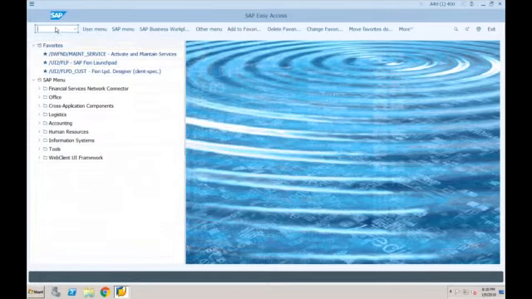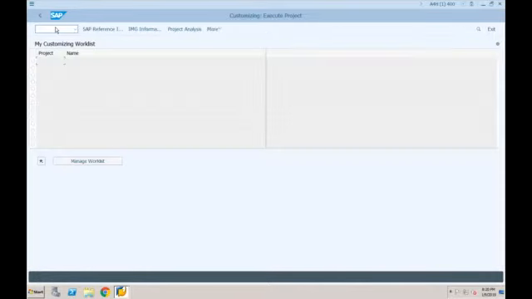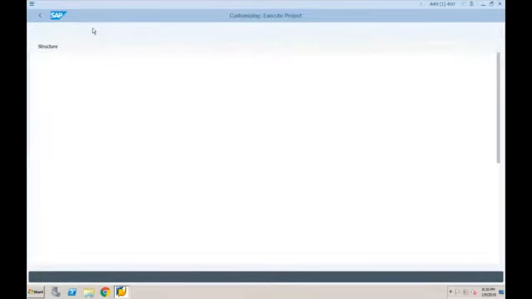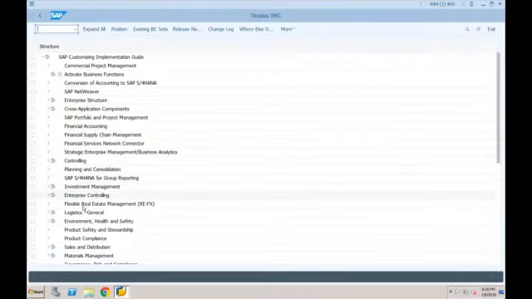If I go to SPRO, you are still able to see all the components which are available in SAP ECC. The only new things are some items not available in SAP ECC, for example, the conversion of accounting to SAP S4HANA.